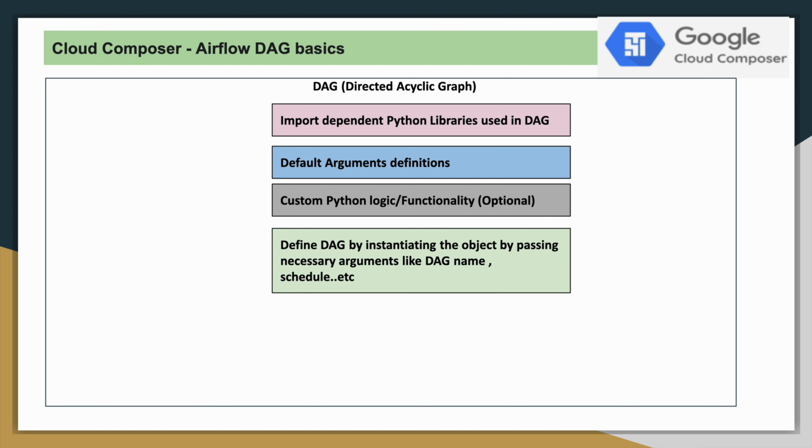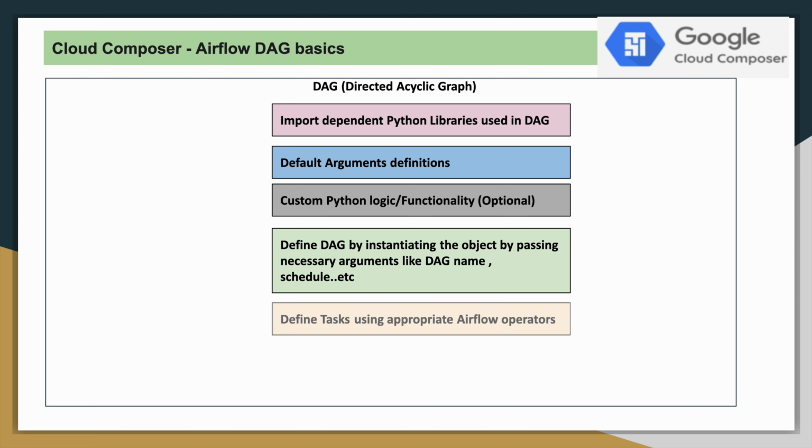And then this is the main thing where you will be defining the DAG. Basically you have to give some name to the DAG, right, and other parameters which are required by the DAG. There you will be instantiating this DAG object and you will be passing necessary input arguments like the DAG name, right, and default arguments like that, right? So the next thing, you will have to define your task. You will have to define your task under this DAG, right? This is the main